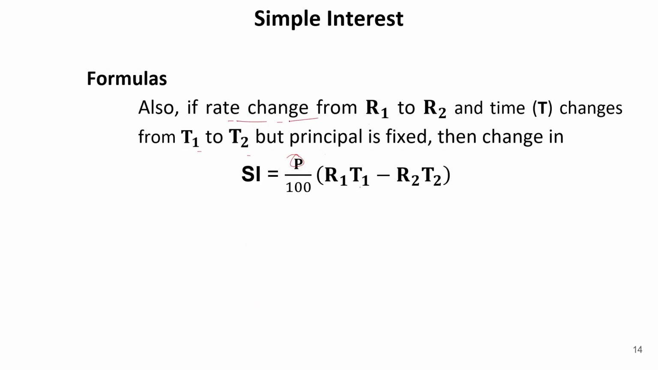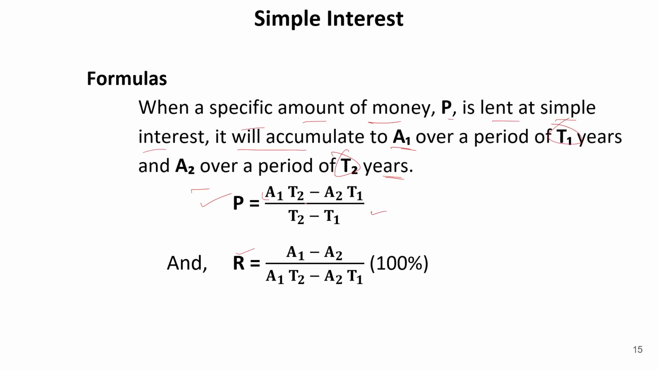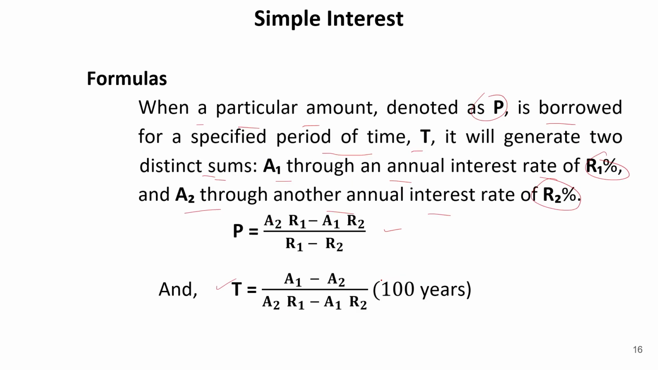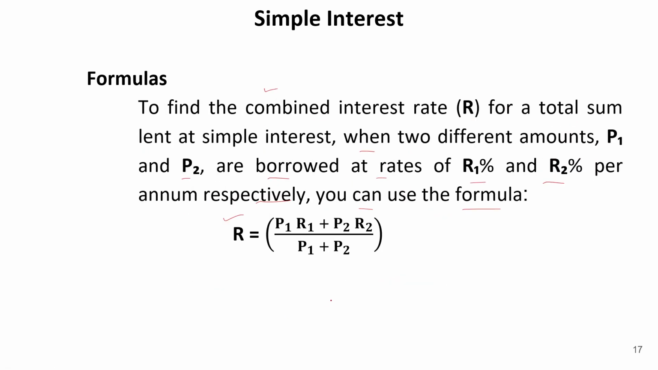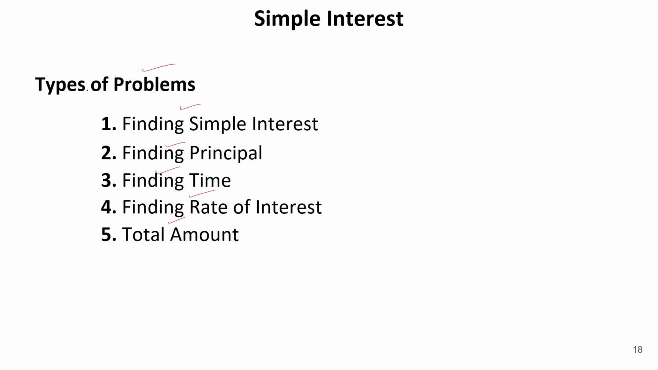Also, if the rate changes from R1 to R2 and time changes from T1 to T2, but the principal is fixed, then the change in SI is equal to P by 100 into R1 T1 minus R2 T2. Then P is equal to A1 T2 minus A2 T1 whole by T2 minus T1. And R is equal to A1 minus A2 whole by A1 T2 minus A2 T1 into 100%. So we also learned this formula. We learned all the types of problems: finding simple interest, finding principal amount, finding time period,